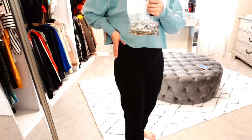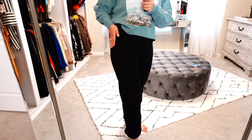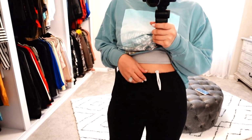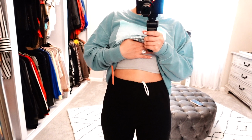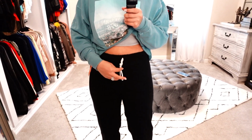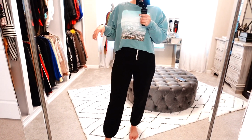This first pair is from, I think it's Gildan, I don't know how you pronounce it, but they are the men's black sweatpant and they are in a size small. These do not have pockets, so they are going to be a little bit more on the slim side because you don't have that bulkiness over there. The top is a super duper high rise. Like, where is my belly button? You can't even see it. I love it. It's a massive high waist. I do roll them down one, and then you have this cute little drawstring that pokes out, and you have